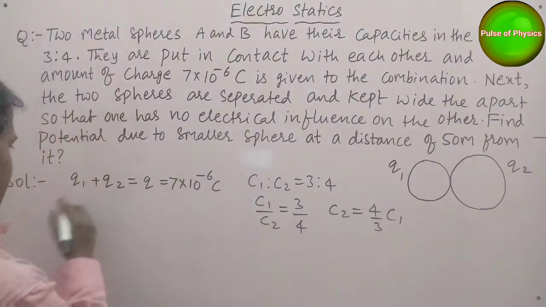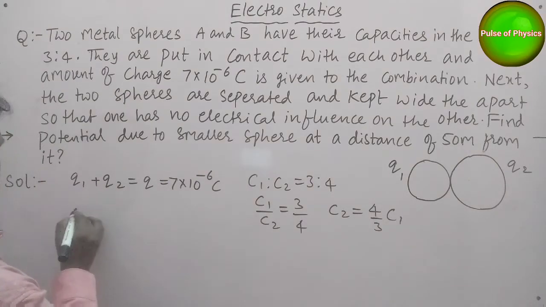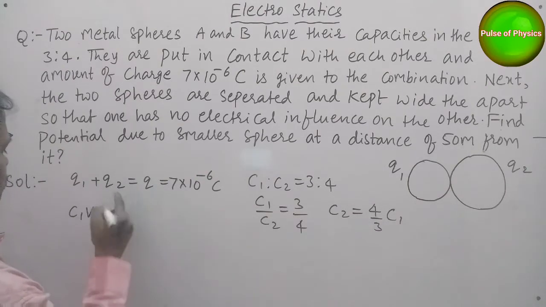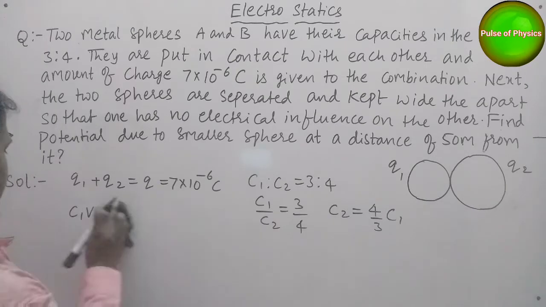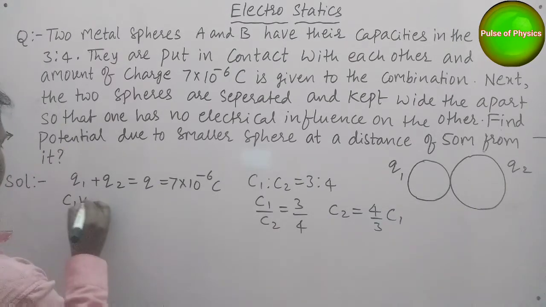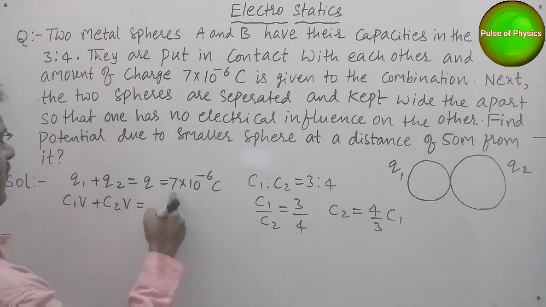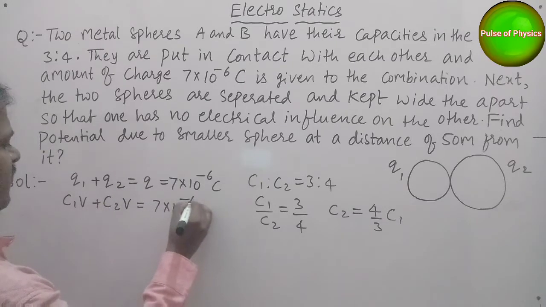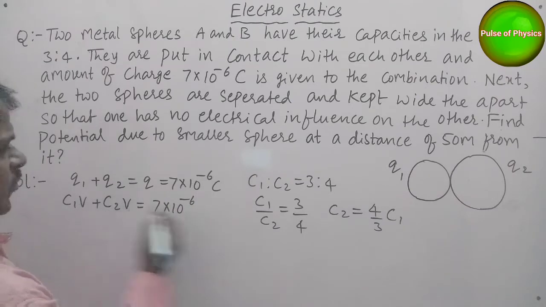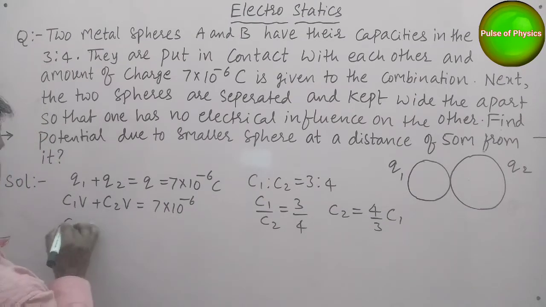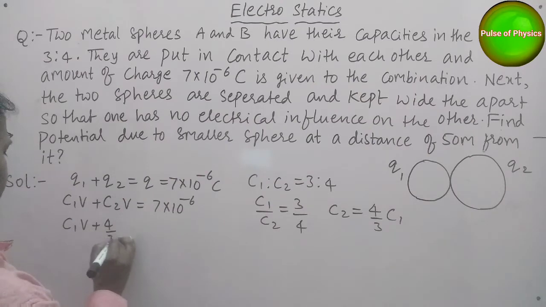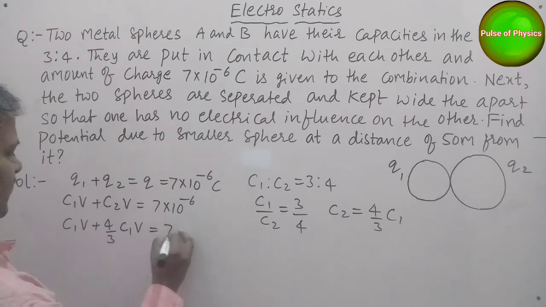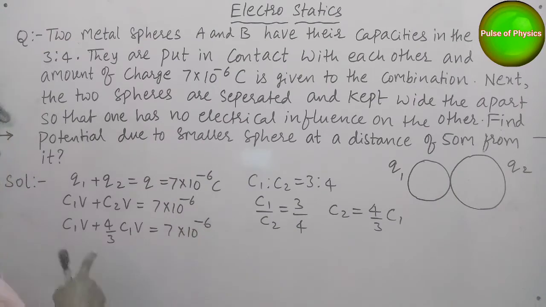Here, Q1 = C1V and Q2 = C2V. C1V + C2V is equal to 7 × 10^-6. In place of C2, I can write 4/3 C1, so C1V + 4/3 C1V, total 7/3 C1V